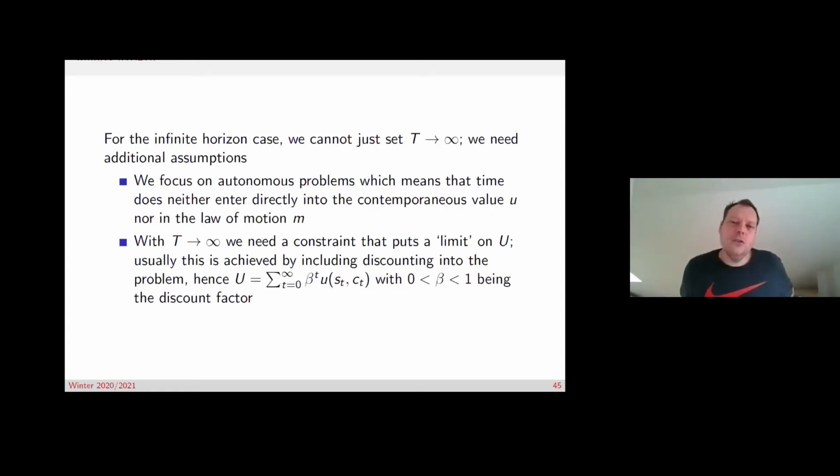Okay, and I'll tell you an example why. Maybe it's a good example, maybe not. So think about a situation where the utility function, so the parameters of the utility function, or the form of the function, evolves over time. So basically your preferences change over time. Then it could potentially be the case that time enters directly into your value function. Well, then this could be a problem.